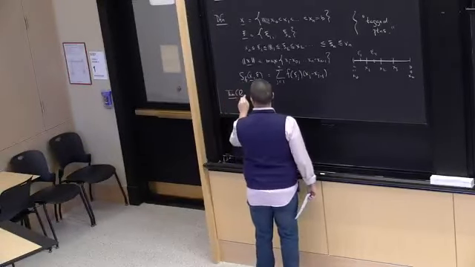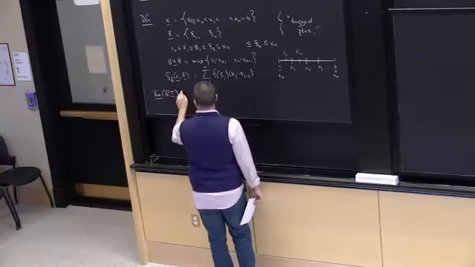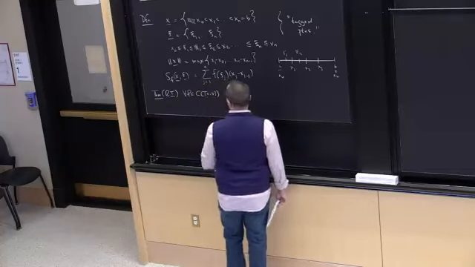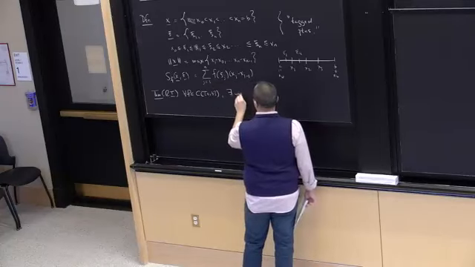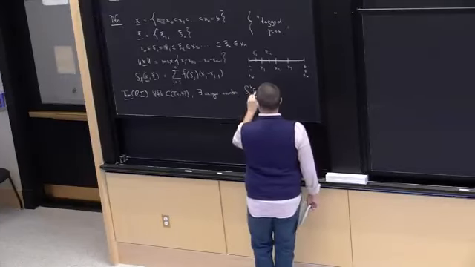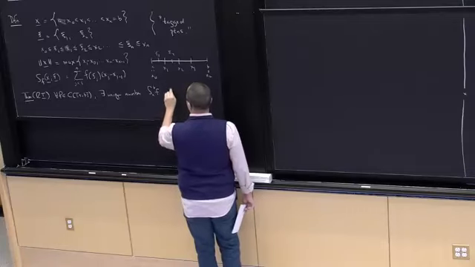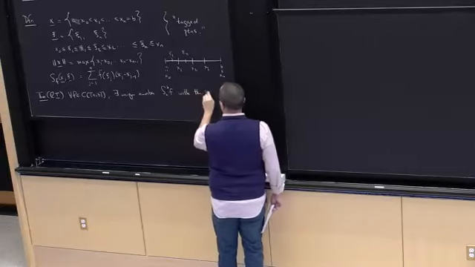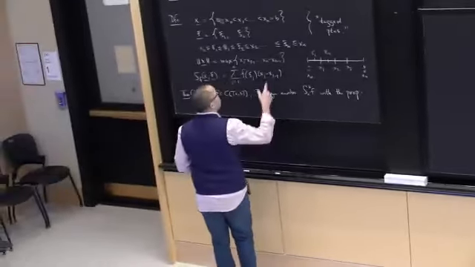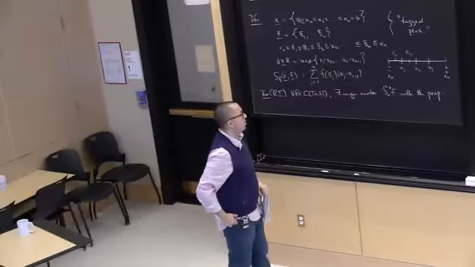We proved the following theorem, which is the existence for the Riemann integral: for all continuous functions on AB, there exists a unique number, which we denote integral AB of f, with the following property, that if I take any sequence of tag partitions with norm going to 0, so the partitions are getting finer and finer,